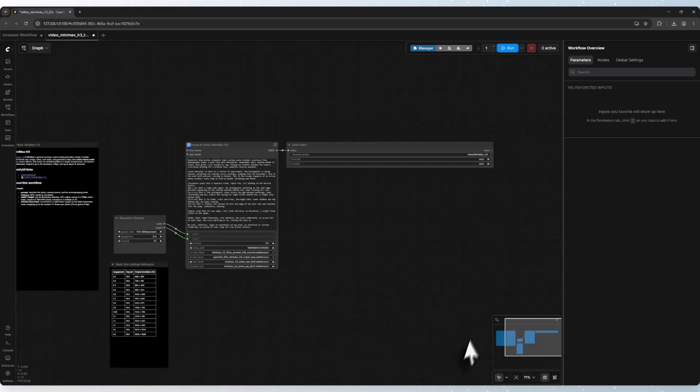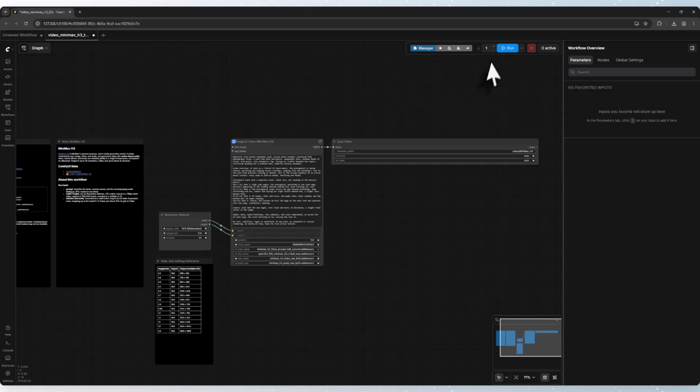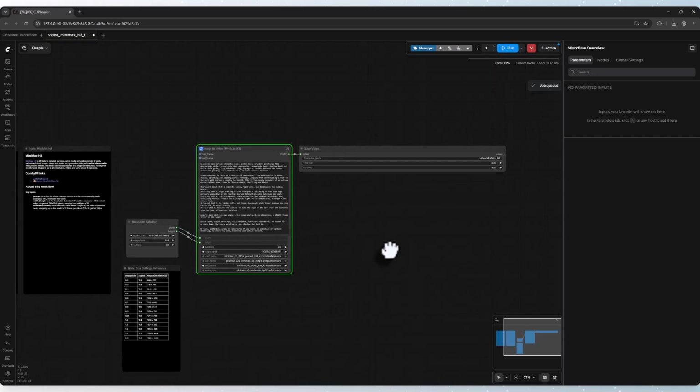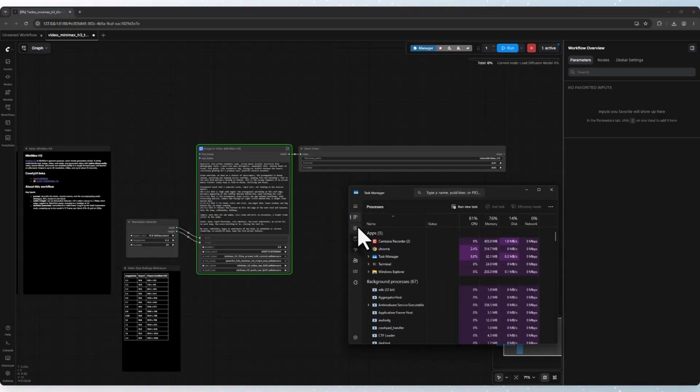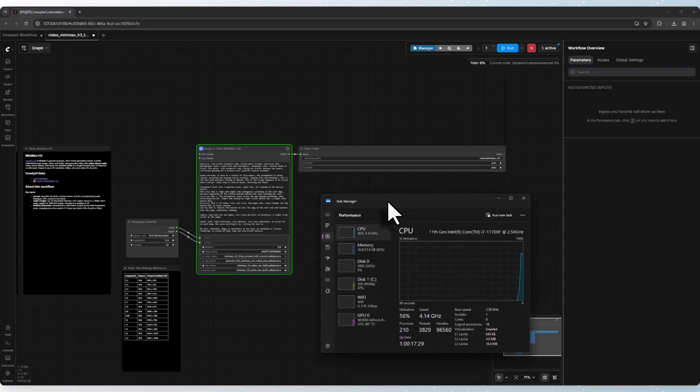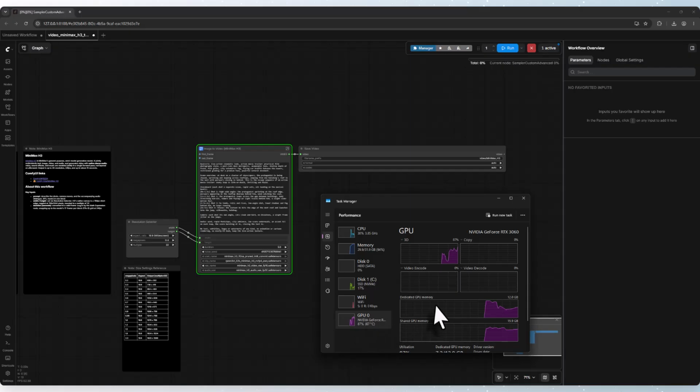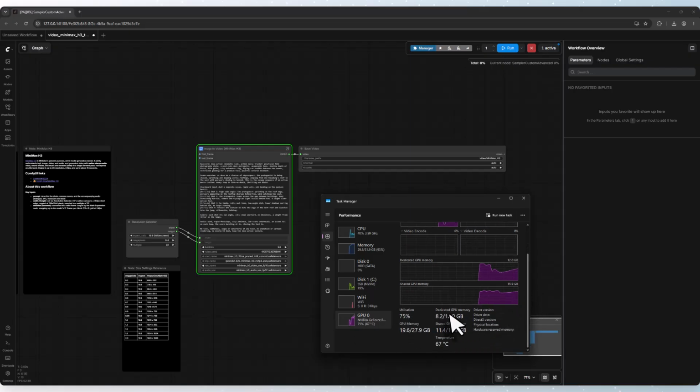Zoom out. Run. Okay, it started working. And now let's go right here to task manager, and let's see the performance. Okay, for the RAM memory, it uses around 30 gigabytes. For the GPU, for the moment, it's using around 8 gigabytes of GPU. 9, 10,